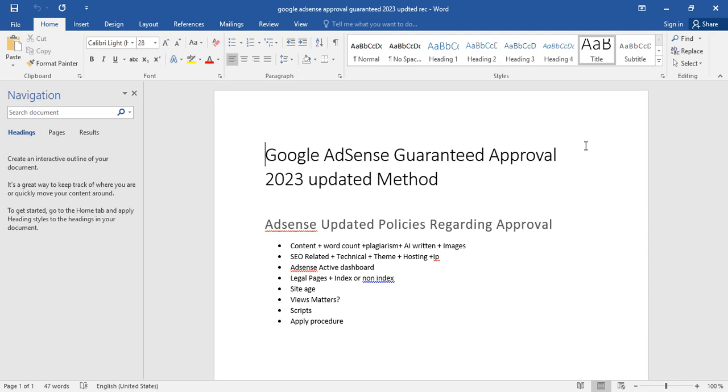But how can you write something unique? For example, if you both are writing on the same topic, how can you write uniquely? Unique means you have to write on the same topic, but in a little bit different way. For example, if I am talking about AdSense approval, then you should talk about AdSense approval in the 2023 updated method. So it's a little bit different and unique for the users, and attractive as well. You may understand the point here.